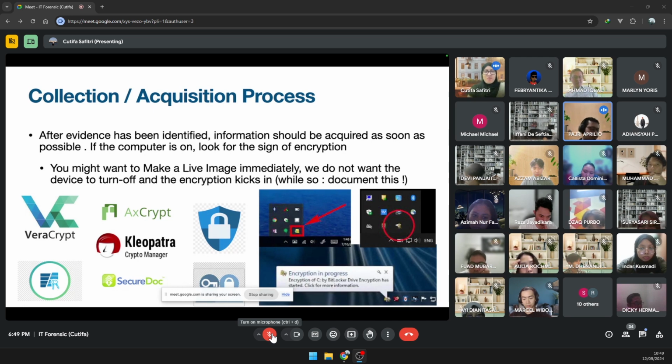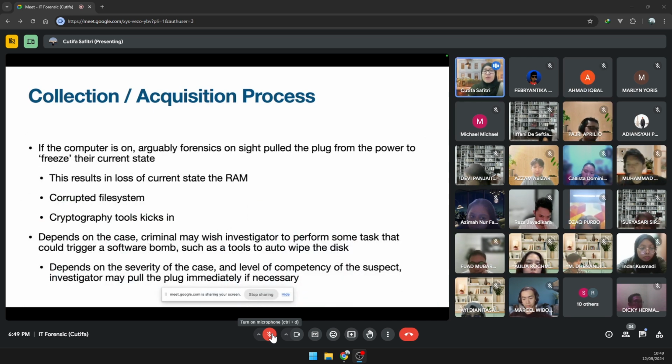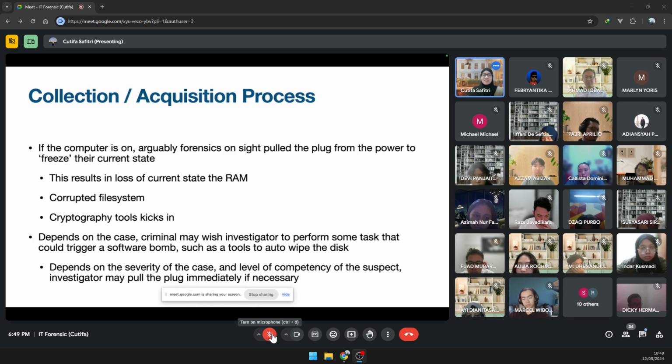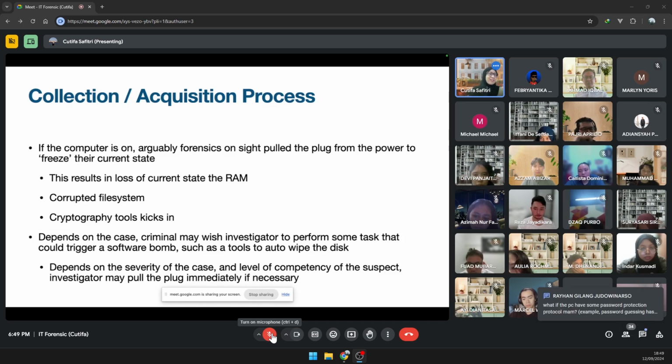Right. So if the computer is on, ask the investigator, or argue that if it is on, you might want to pull the plug. You pull the plug so that it is powered off, but it is powered off abruptly. Because when a computer turns off properly, it will ask, do you want to save? No, no, no. Yes. Do you want to save?